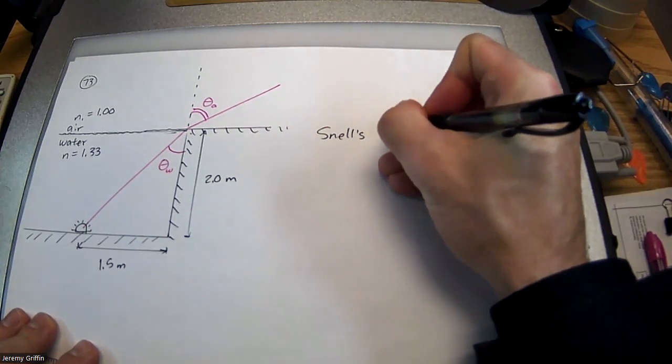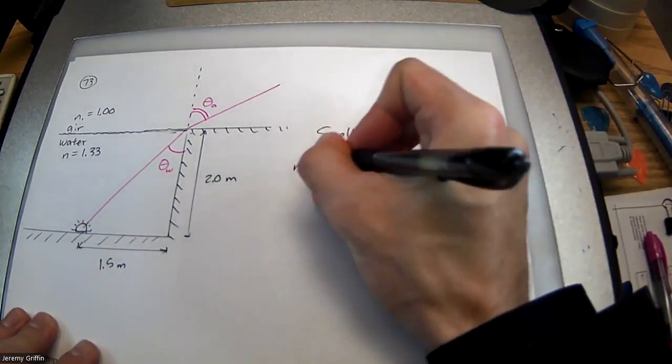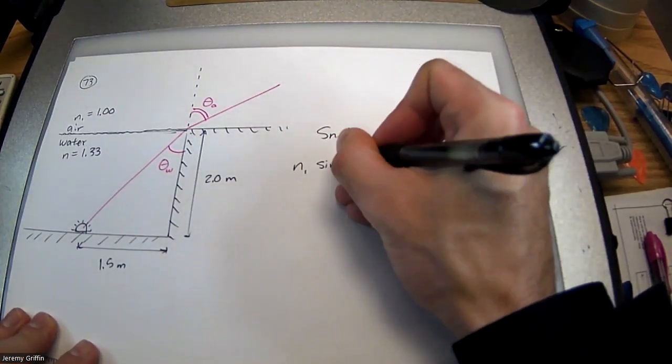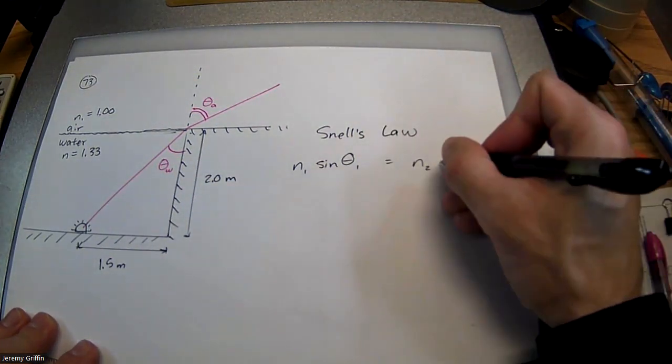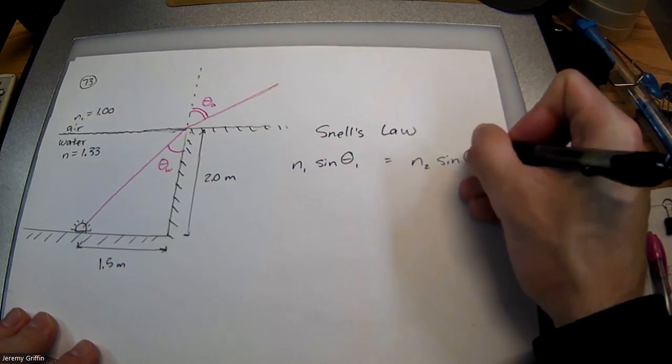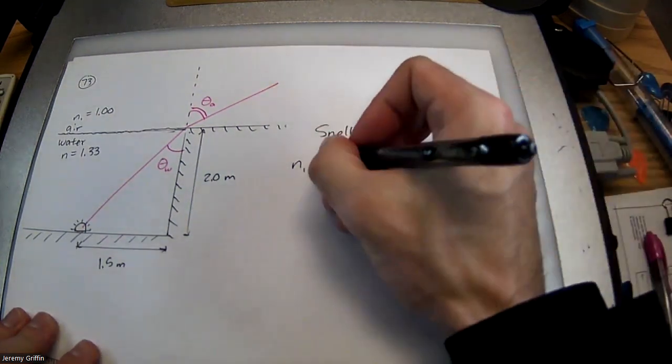You guys remember Snell's law? We've got the index of refraction times the sine of the angle on that side. Well, that product is equal to the same product on the other side. n1 sine theta 1 equals n2 sine theta 2. Okay, now,